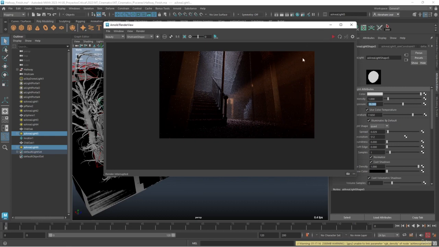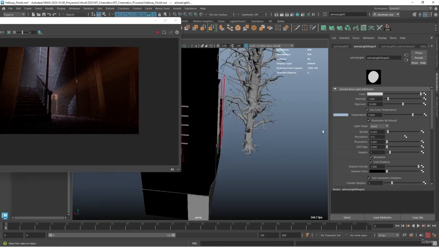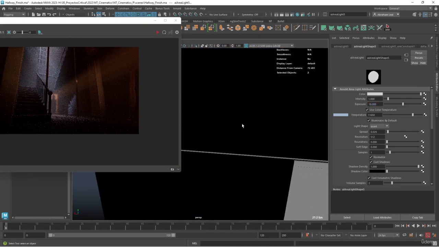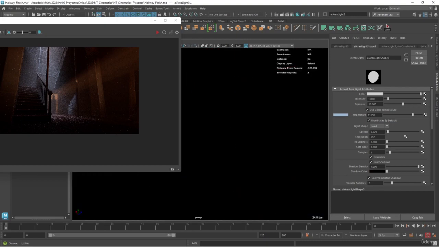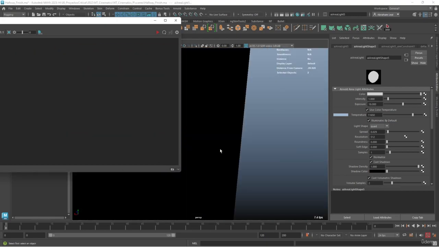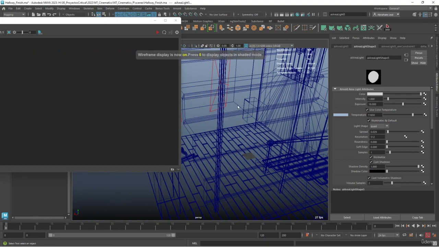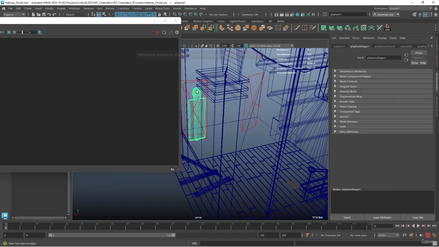I think it's time that we start adding a little bit more effects to the whole thing. And the one thing that's really bothering me is the fact that we have a really strong light on this area, like on the pillar here, on the door, but there's nothing here on the actual floor. So I would like to add something there, and the easiest way to do that is by just duplicating the one that we already have or using a new one. Let's hit the silhouette and hit F,